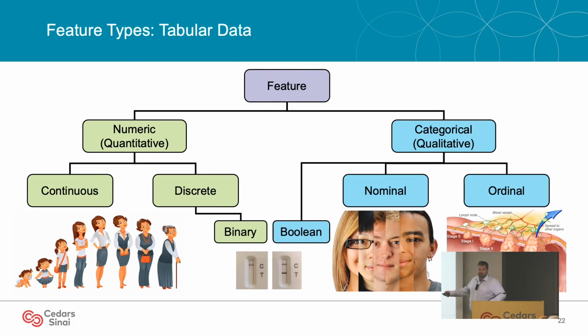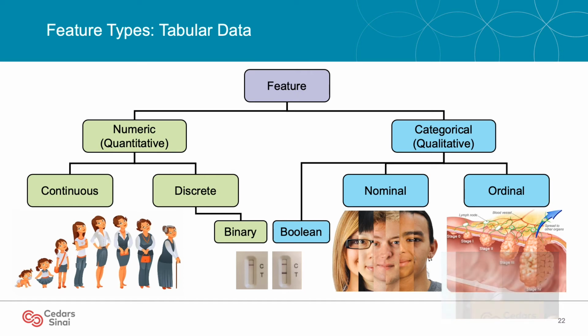A subclass of discrete might be binary numbers, right? And there is a quantitative relationship between the numbers. The numbering itself implies something is greater than something else. On the other side, we have categorical, which involves nominal or ordinal variables. Ordinal is when you have categories, let's say like tumor stage. However, there is an implied quantitative ordering to those categories. And this is important. We also have nominal variables, where we may need to encode the variable, like race, as a number for the purposes of machine learning. However, we have no intention of a quantitative relationship between those categories. And so we need to be careful to avoid that.